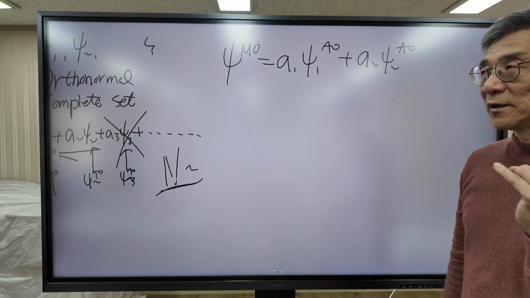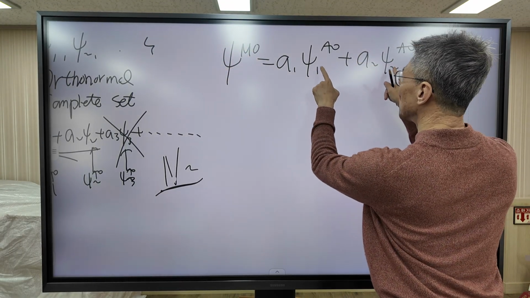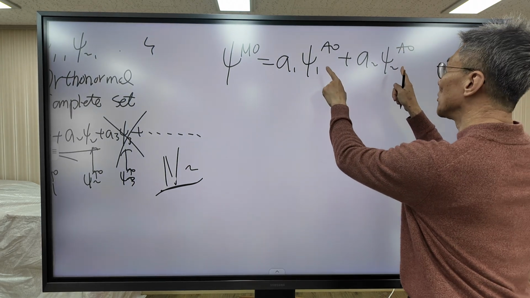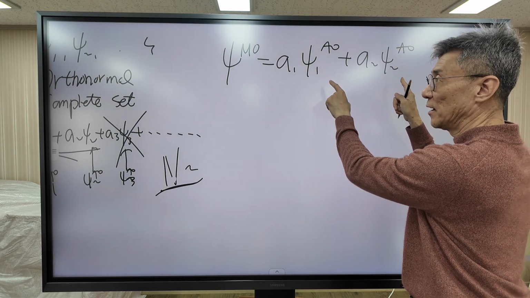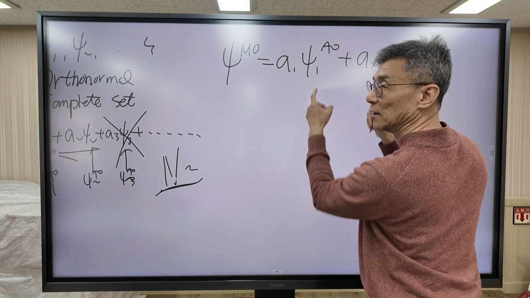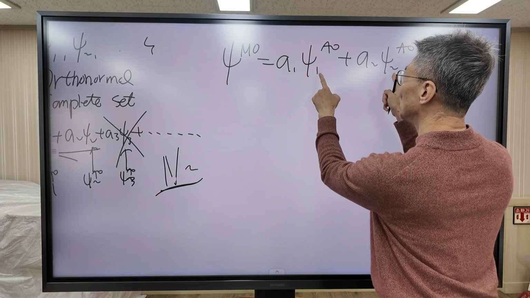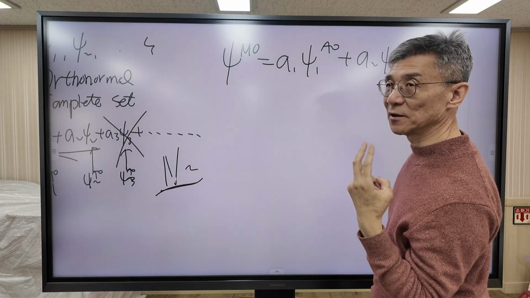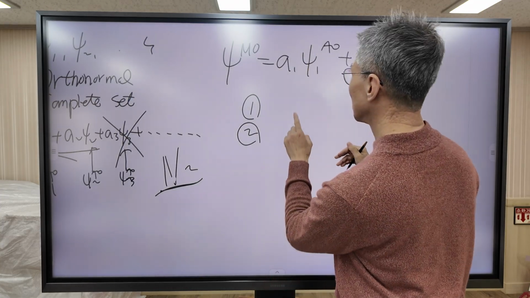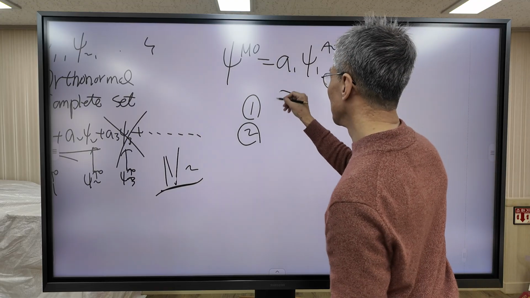Now, the second question is, to construct the molecular orbital, we are going to use atomic orbitals. Then what atomic orbitals do we use? LCAO just means that we are going to use atomic orbitals. The second question is, specifically, which atomic orbitals are we going to use? Real question. According to the variation method, the atomic orbital must have